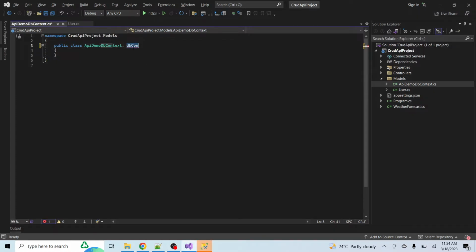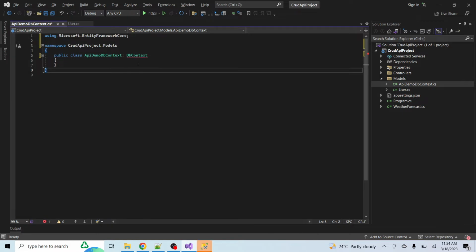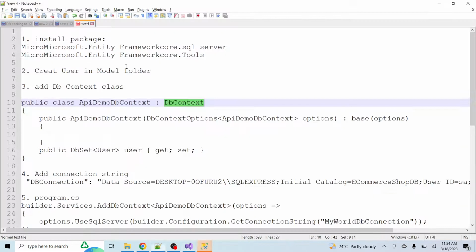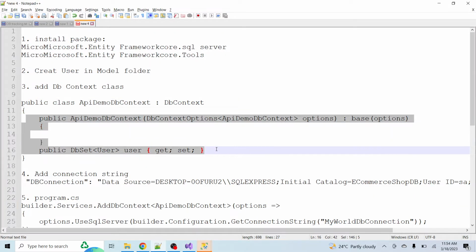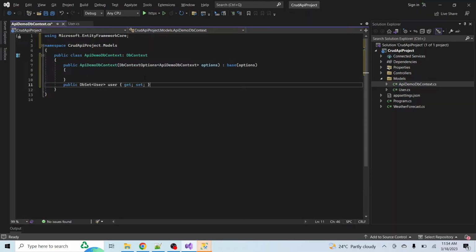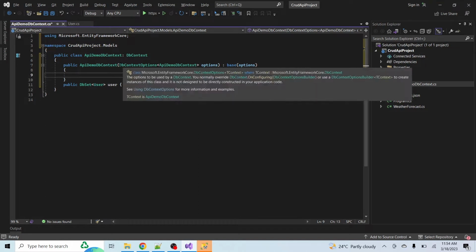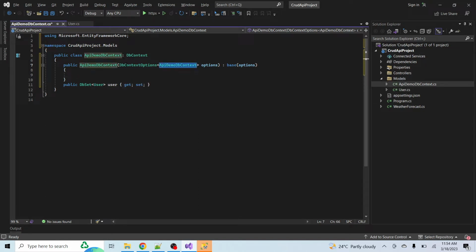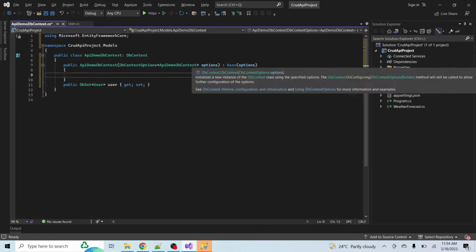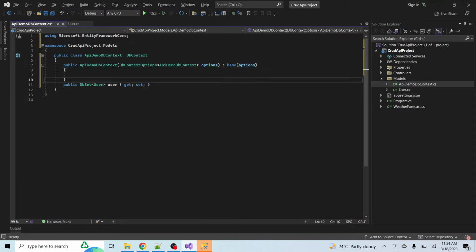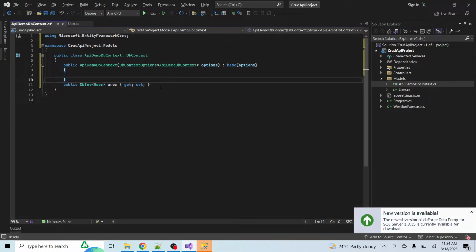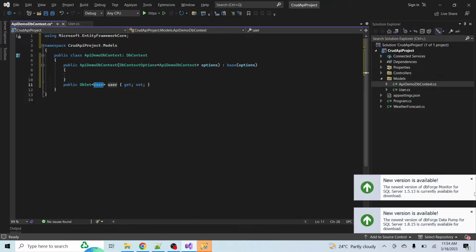Okay. Let me add here the body of the class. Control C, Control V. Okay. So inside the constructor of this class, I am just passing again this class name to the DbContextOptions, and it inherits from the base option. So just keep these things as they are, and here I am adding a property for my User entity. Okay,